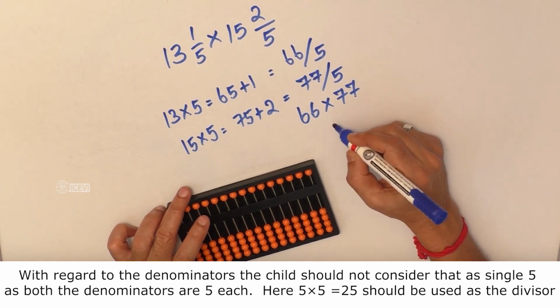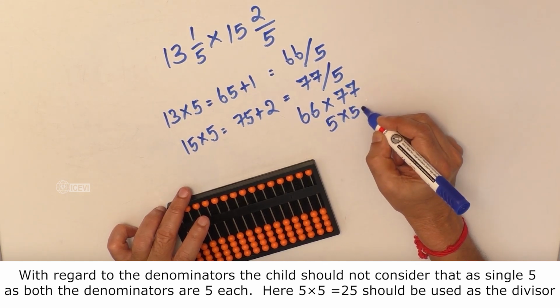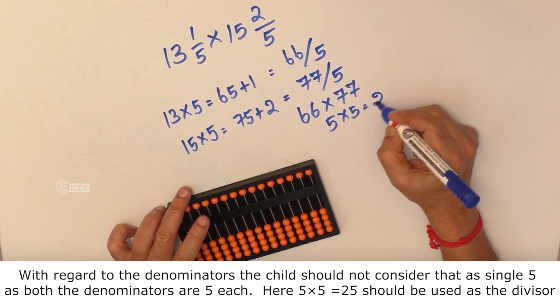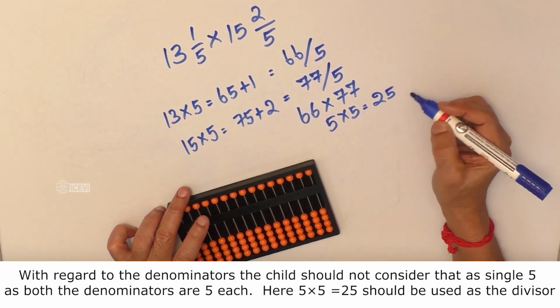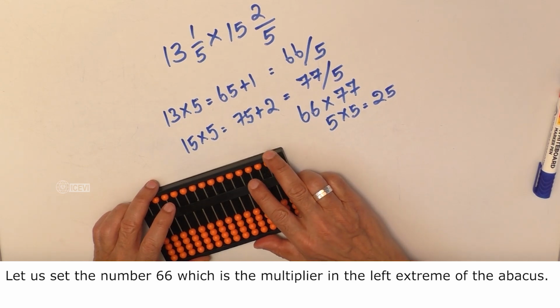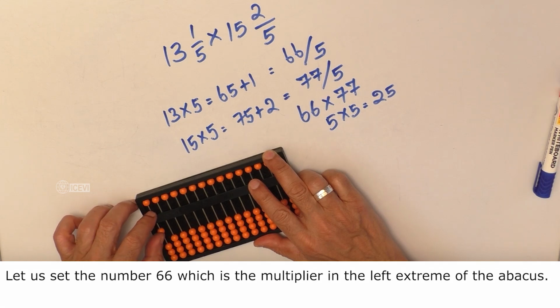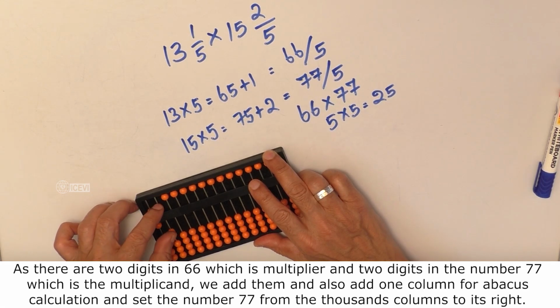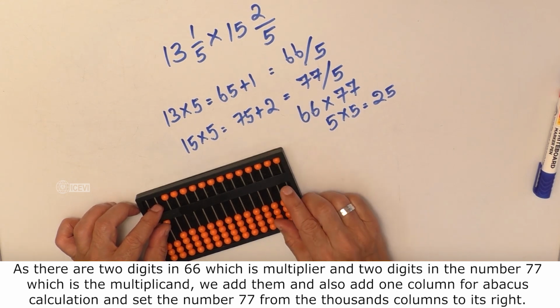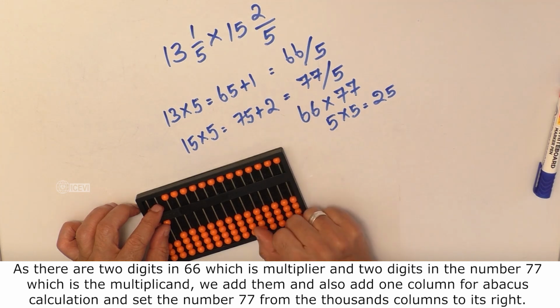Here 5 and 5 should be multiplied, and 25 should be used as the divisor. Let us set the number 66, which is the multiplier, in the left end of the abacus. As there are 2 digits in 66, which is the multiplier, and 2 digits in 77, which is the multiplicand,